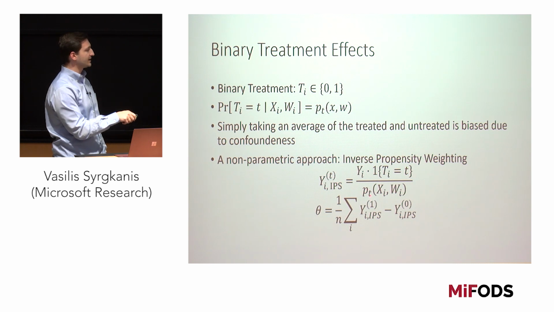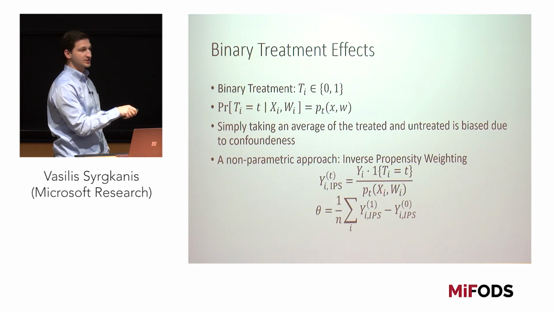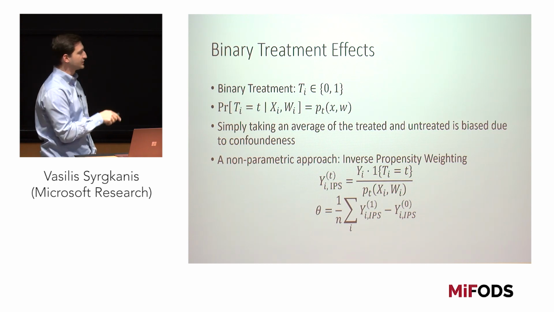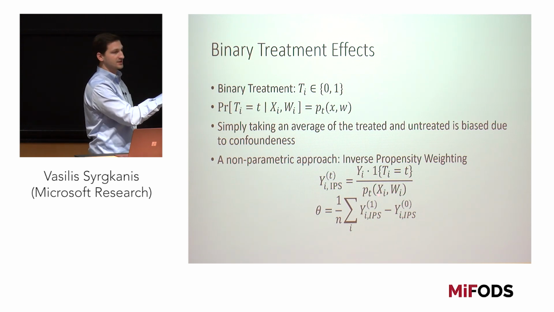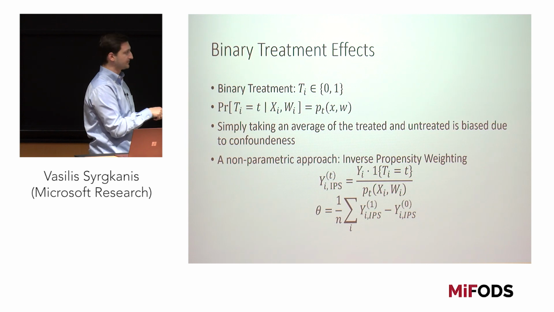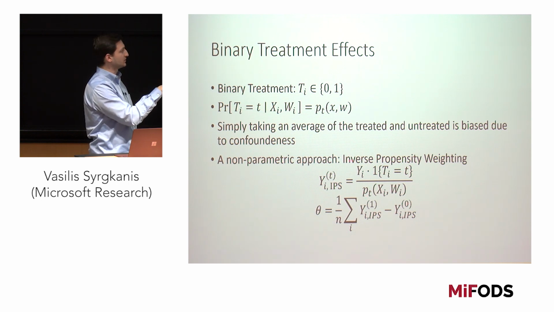And so you will have, again, a problem that estimation errors in PT are going to directly affect the accuracy of theta. And so if this was a non-parametric estimation or some high-dimensional estimation, you're going to get the same type of inaccuracy on your final estimate theta. Right? And so this is also not a very good approach because of this direct hit from the estimation error on PT on the final estimate theta. Also, this is not a good approach because it also has high variance. Even if you knew the propensity, you're dividing by it, and so you're dividing a relatively large number by a relatively small number, so you get a high variance estimator.